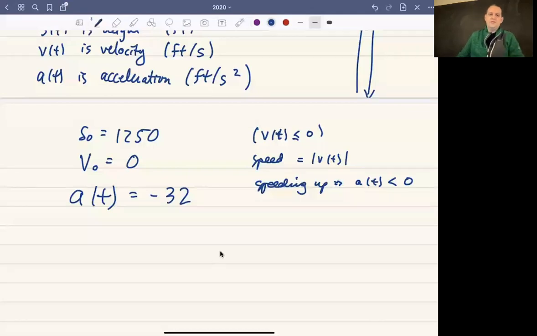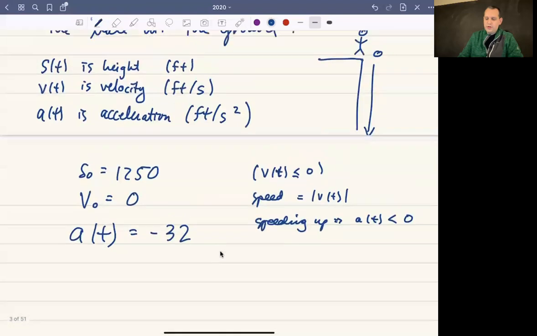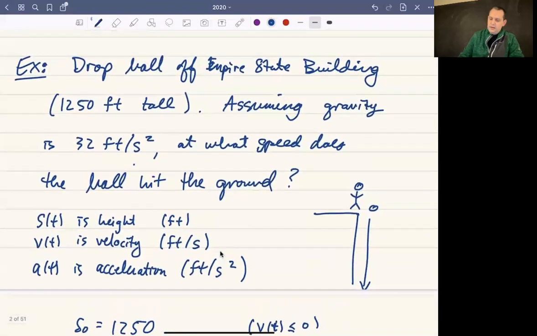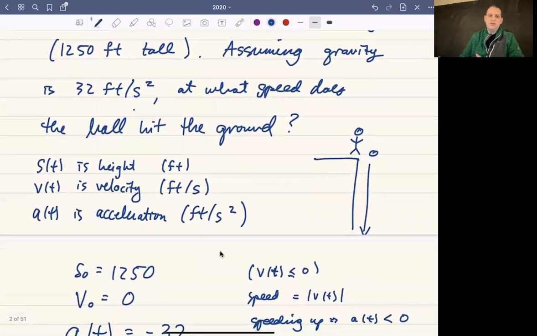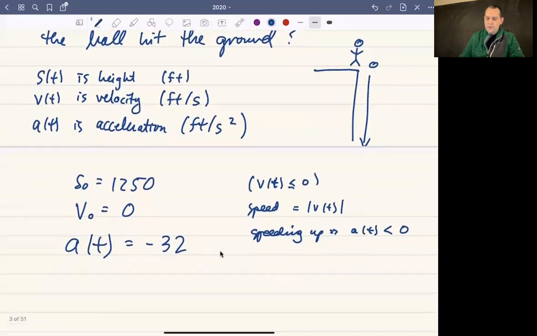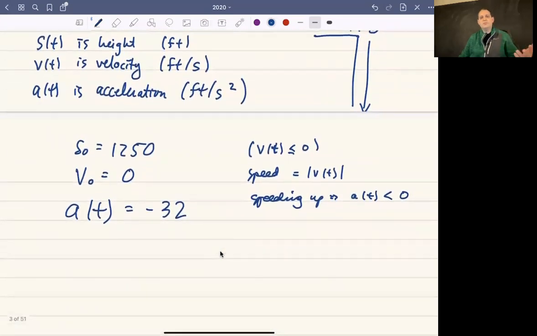All right, so now hopefully you've thought about this problem where we're dropping a ball off the Empire State Building. The Empire State Building is 1,250 feet tall exactly. We're assuming gravity is 32 feet per second, and we want to know at what speed the ball hits the ground. And so what we did in the last video is we talked about some ways that we could think about what are the initial values that we have: the initial velocity, the initial position, what's our acceleration, and